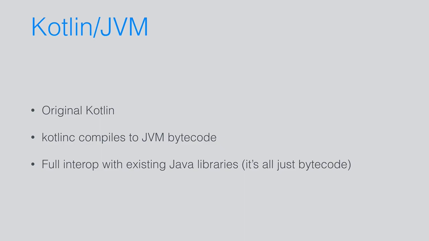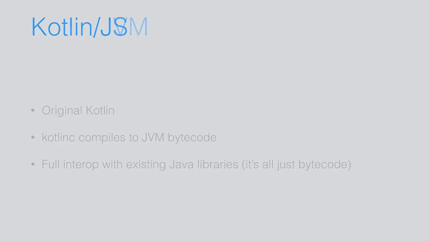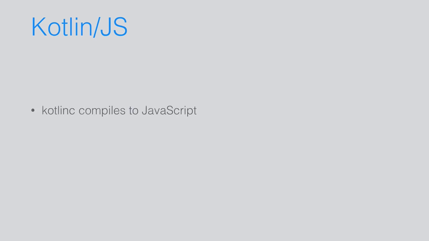So they're optional pieces, but basically, all of the existing Java libraries that are out there, the existing Android framework, is all zero issues interoperability with Kotlin. Kotlin JS is basically a backend for the Kotlin compiler, which I'll talk about in a little more detail later, that basically compiles Kotlin to JavaScript. And so this